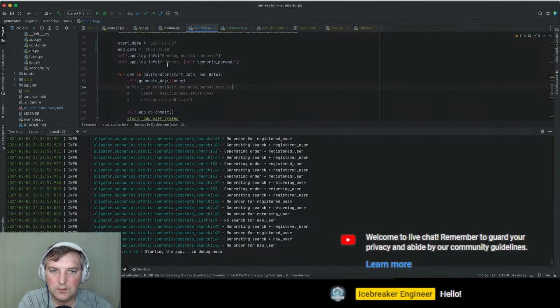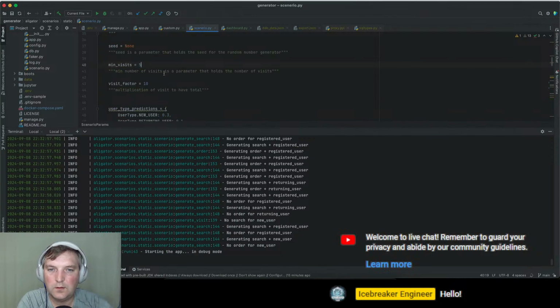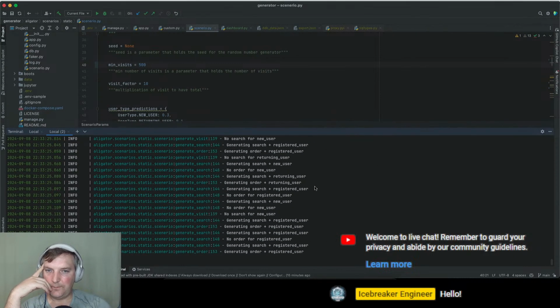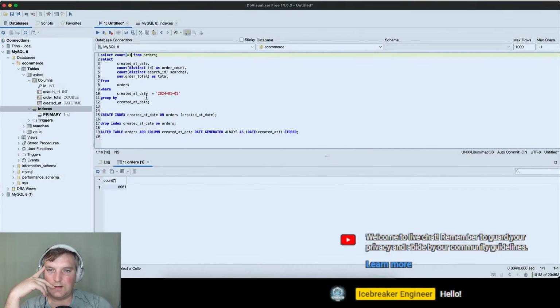And then let's go generate data. Let's go to the minimum visits, and let's say the minimum visits is actually 500, right? And then we'll just be running 10 of the, yeah. So now for 10 days, 500. So that should increase the number.